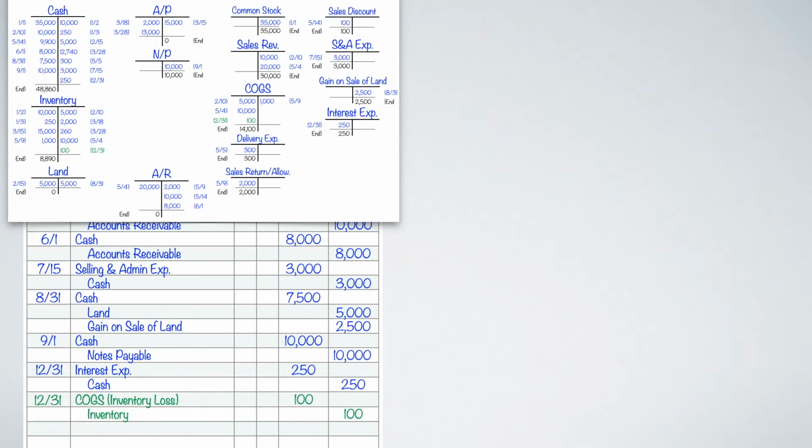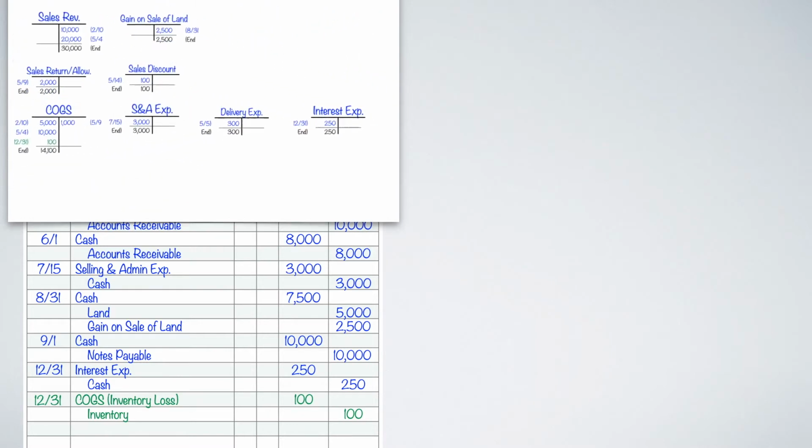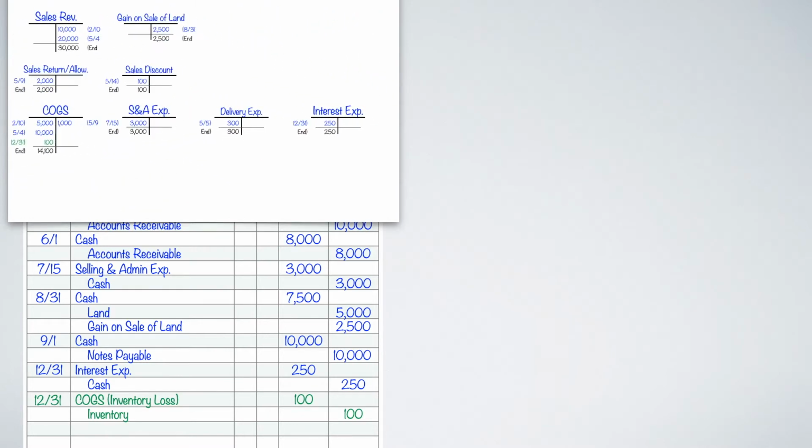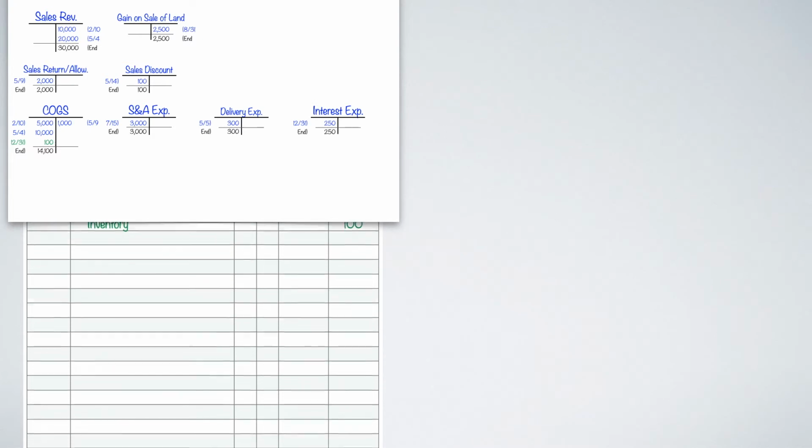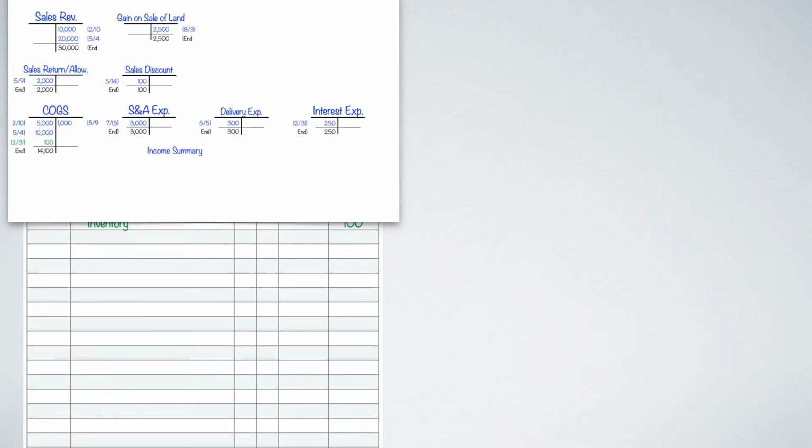So we need to do the closings first. And remember, with the closings, we only affect the temporary accounts. We only close out the temporary accounts, or what I call the red accounts: revenues, expenses, and dividends. So I'm just going to go ahead and lay out those and only those. Get rid of the rest of them for right now. So there's our revenues, our expenses, and our T-tables. And we know that we close out our revenues and our expenses to an intermediate account called income summary. So let's go ahead and create the income summary T-table there.